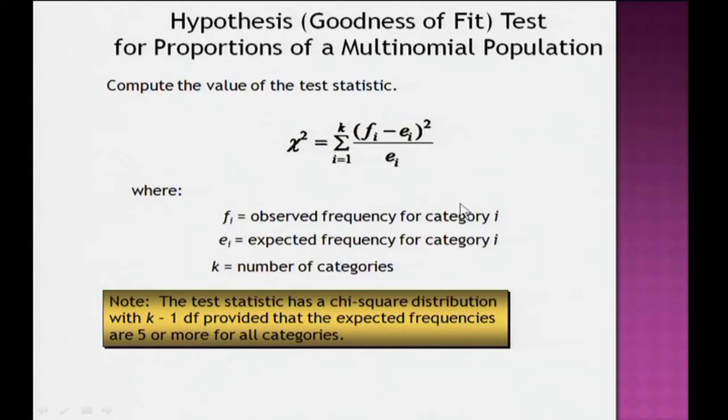The test statistic is the summation of (Fi minus Ei) whole square by Ei. Here Fi is the observed frequency of a category, what observed data we have, and Ei is the expected, what we are expecting as per that particular situation, whole square by Ei, right. This will be your chi-square, and k is the number of categories we have.